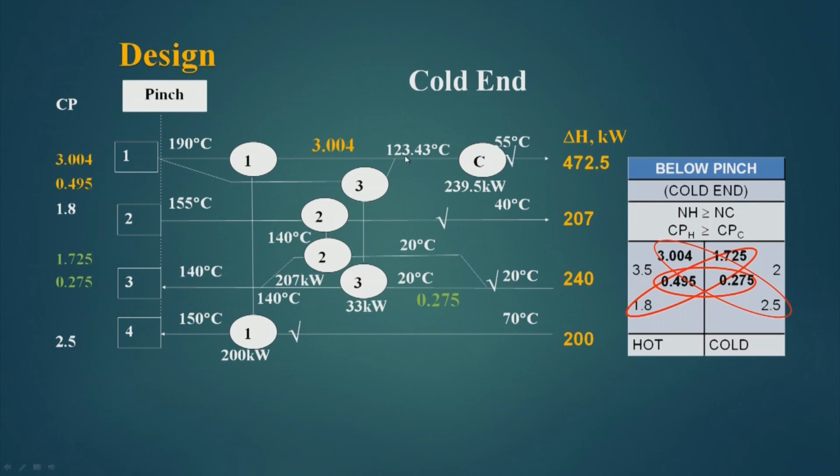So, here it is 123.43 degree centigrade, this has to be cooled down to 55 degree centigrade. So, it requires a cooler. So, we placed a cooler which has got a capacity of 239.5 kilowatt. Now, all this with this is ticked off. So, all the streams are ticked off, and hence